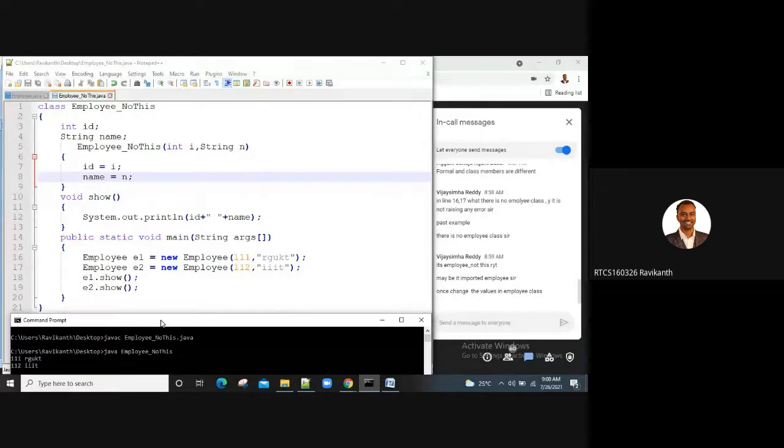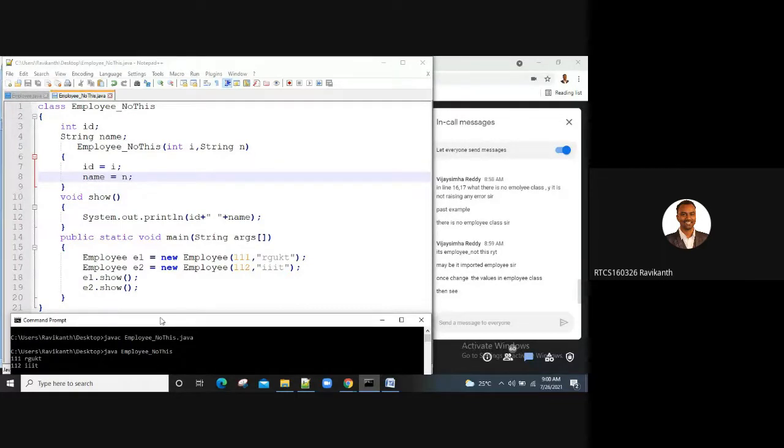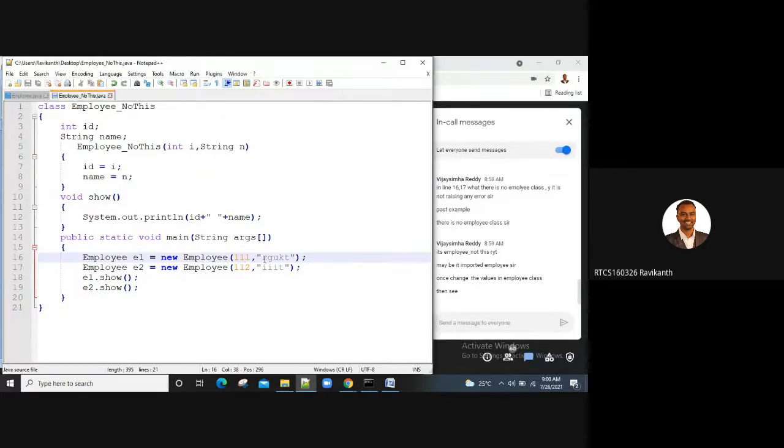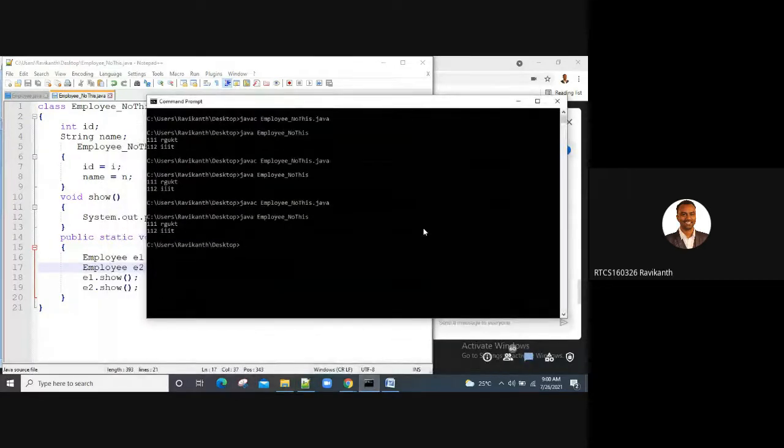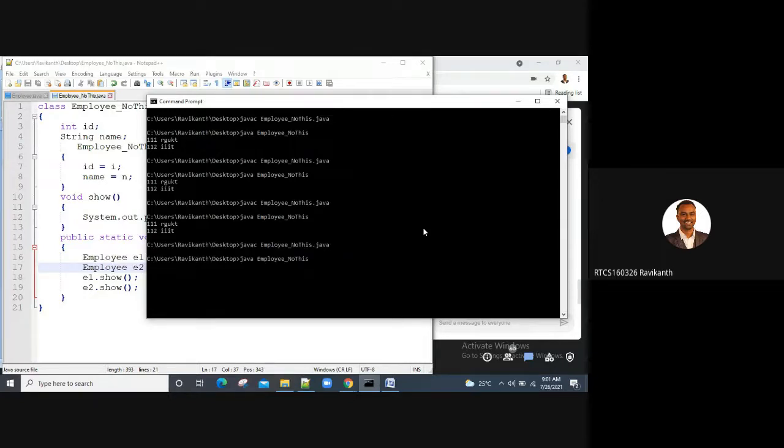It is taking some other values. It was not supposed to do that. I think it is considering the previous class file, if I'm not wrong.